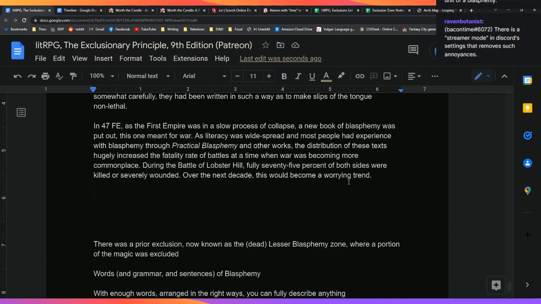Warfare in Worth the Candles is hardly ever addressed at all, and sort of left as an exercise to the reader. Large scale wars just don't happen in Worth the Candle, in that time period. And what a war looks like when you've got 40 different magic systems is, I think, a little beyond me.